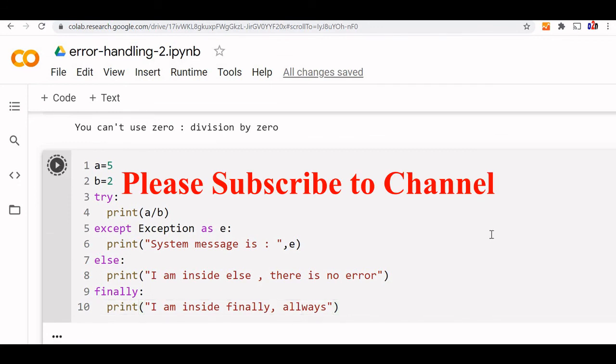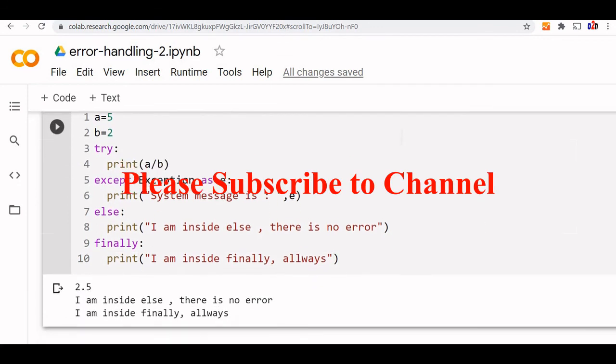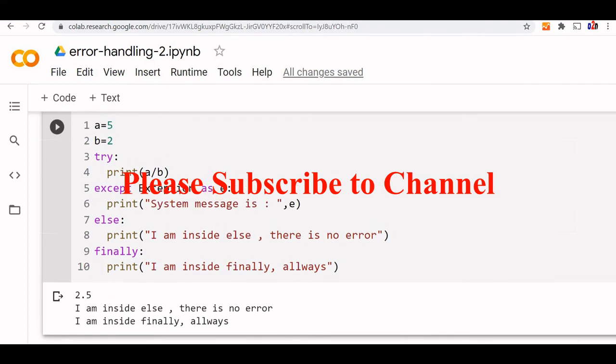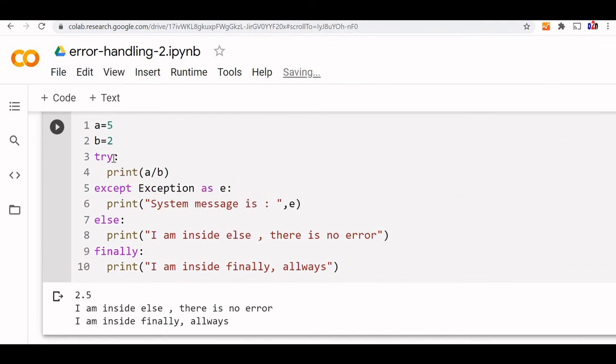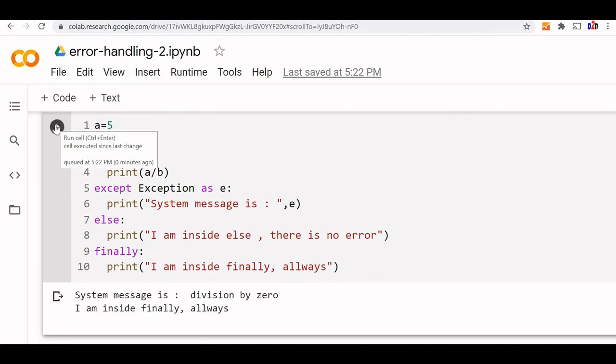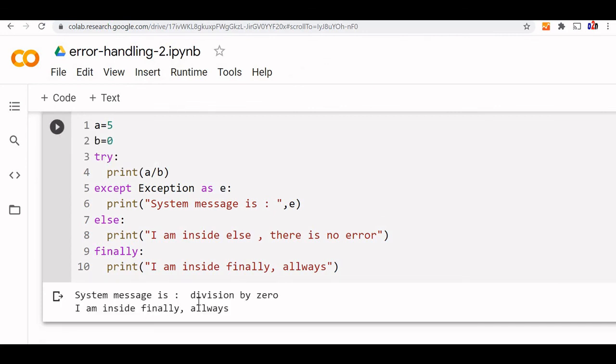Let's run this and see. Because there is no error, I am getting both the else part and the finally part. But if I create an error, the else part won't be there, but the finally part will be there. So the code inside the finally will run. So I am inside finally always.